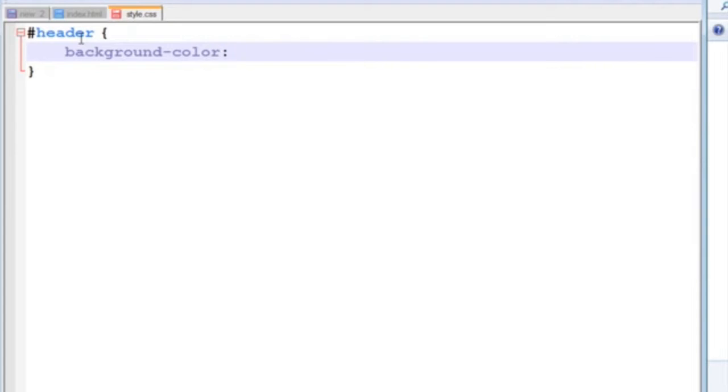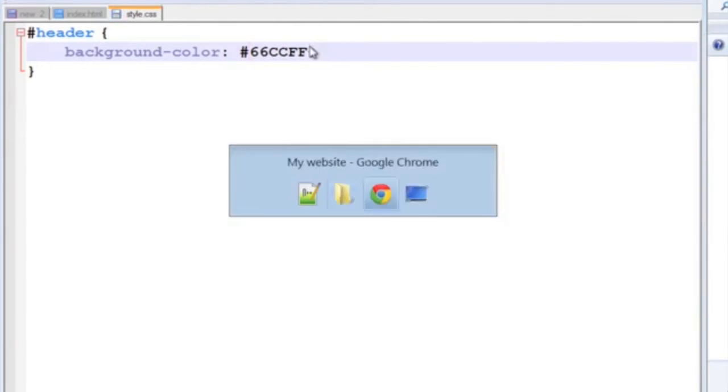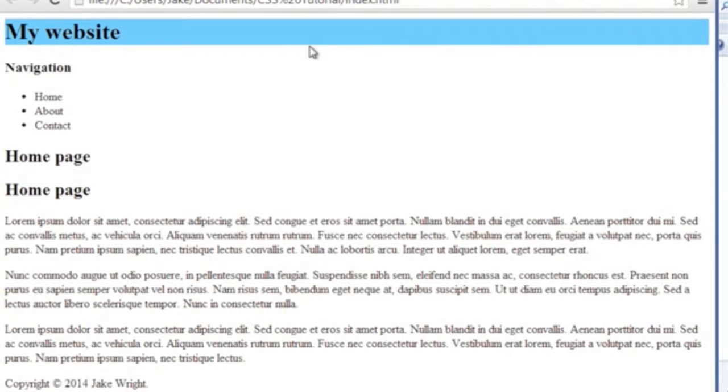Multiple ways to set colors. I can just type blue, but that doesn't give you much freedom and control. The best way to do it is with a hex code. If you Google HTML color codes you'll get a nice list of these. And I found earlier that 66CCFF is a nice shade of blue. When you do this, you must prefix the number with a hash. So if we save this and refresh our page, we get a blue